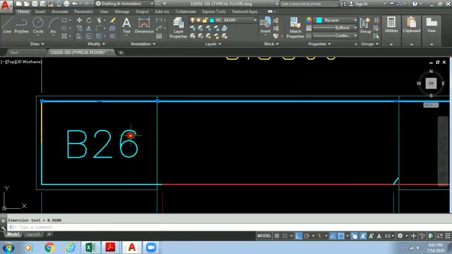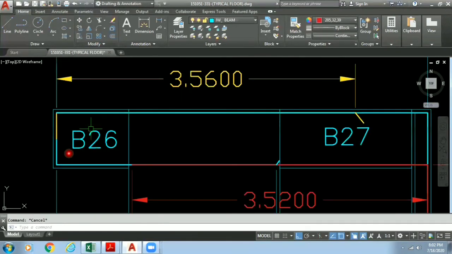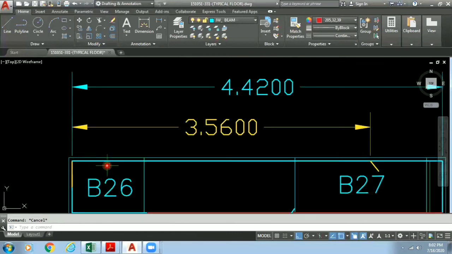Also, the length of this beam is 900, as we can see in the drawing, or I will show you here as well. I have made it. This length is 900 and the development length for the 25 mm diameter is also 900 mm.